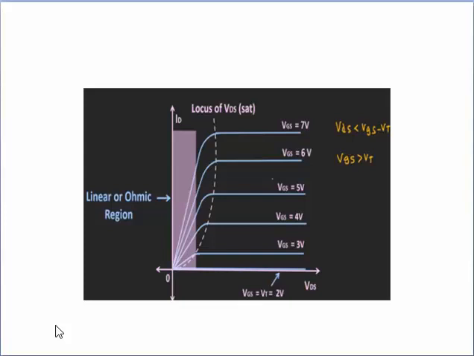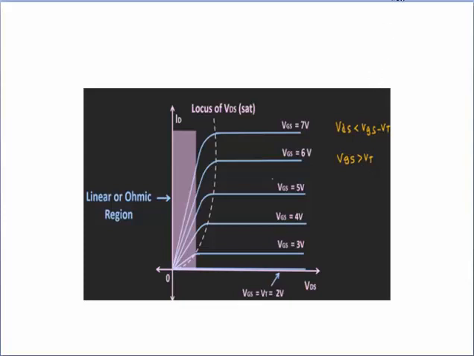For a fixed value of VDS, as we change the value of VGS, the width of the channel will change, or you can say effectively the channel resistance will change. So whenever VDS is less than VGS minus VTH and VGS is greater than VT, that is threshold voltage, then the MOSFET is operated in linear region, and in this region it can be operated as a voltage controlled resistor.